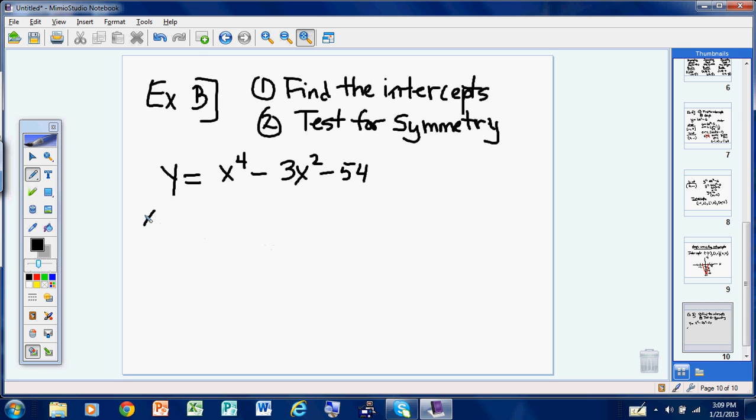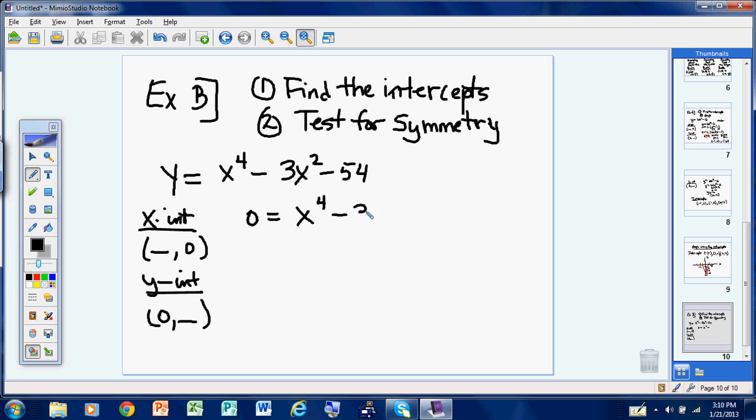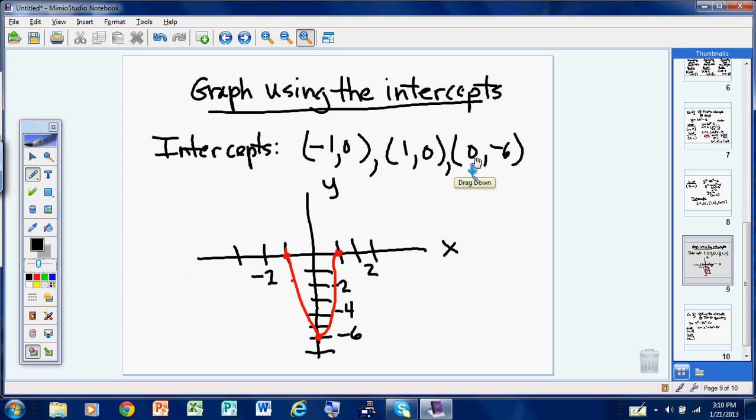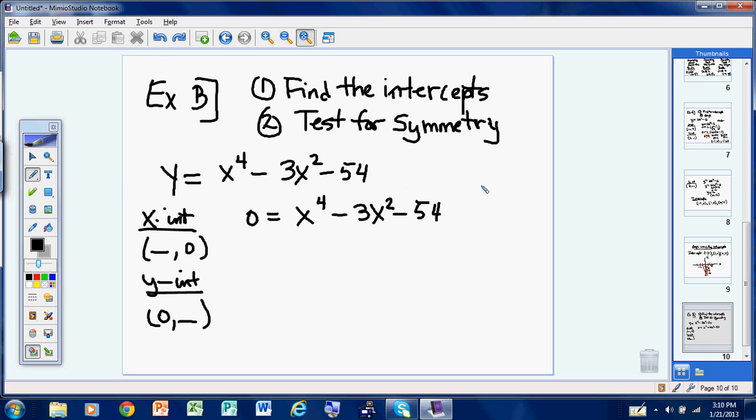Okay, once again, if we're looking for intercepts, we're going to be looking for an x-intercept, which is described as finding an x value when y is 0. We're going to be looking for y-intercepts, which means finding y values when x is 0. Okay, with that in mind, 0 equals x to the 4th minus 3x squared minus 54. And we're probably going to use some prime factors to help us out. What prime factors of 54